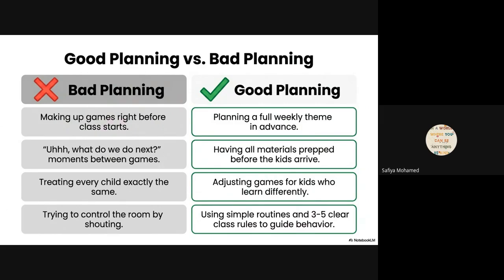So in the planning of your activities, you need to understand that it needs to be age appropriate. Very, very important. If you are busy taking notes, make a note that good planning means that it needs to be age appropriate. You cannot go and give a 100-piece puzzle to a 2 year old child to play with. It's just never going to happen. That 2 year old child is probably going to eat the puzzle, and then everybody's going to be upset, and it's just going to be a crazy day.